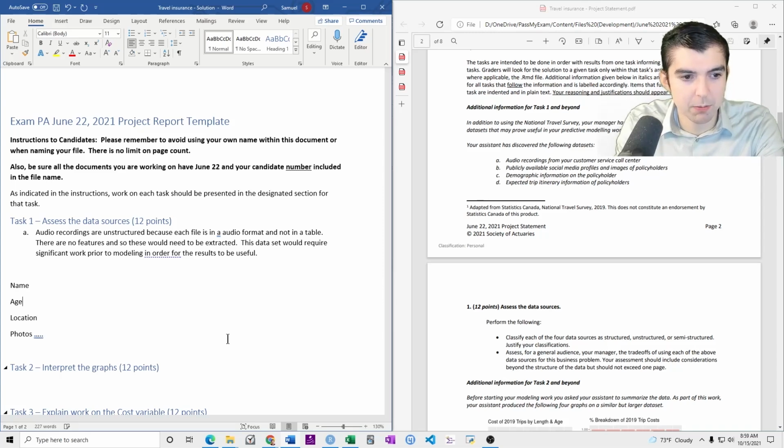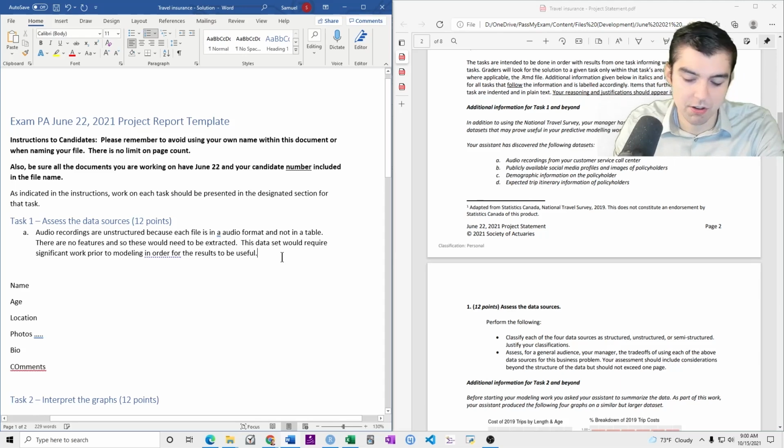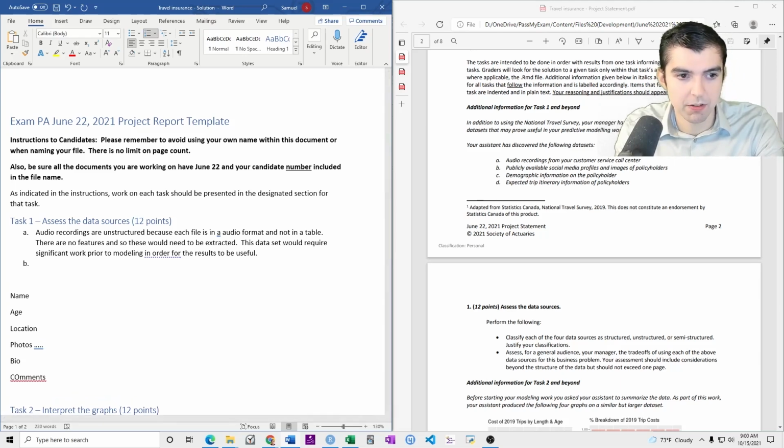So this part would be structured because you could put that into a table, but then the photos and the bio and profile comments, those would be unstructured. So you could say social media profiles are semi-structured